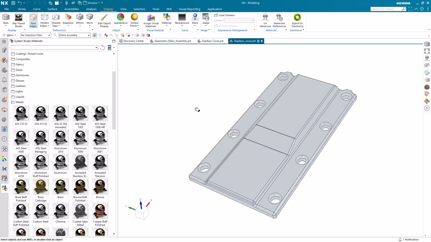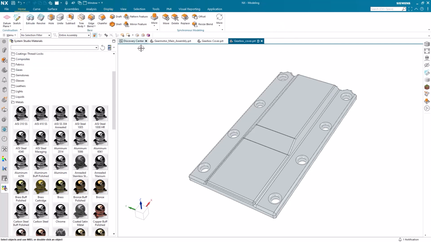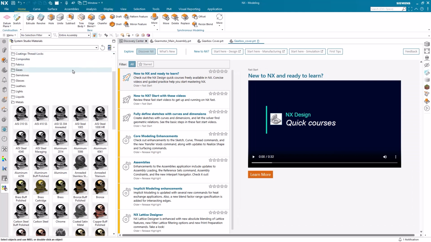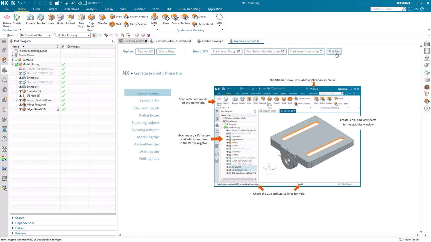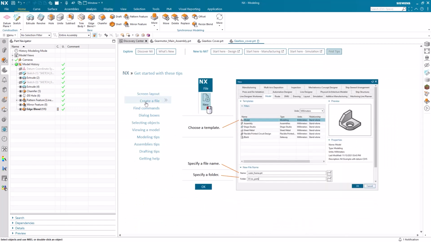Before we wrap up today, I want to end off by providing a few places to explore as you continue to refine your NX design skills. The first and most immediate option to investigate is the Discovery Center. This is a great place to look around when you're just getting started for the day, to learn more about NX. Inside of here, there's also a section dedicated for additional getting started materials. This can be found along the top.